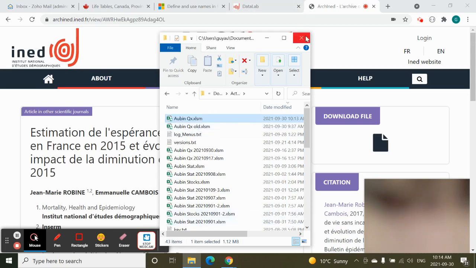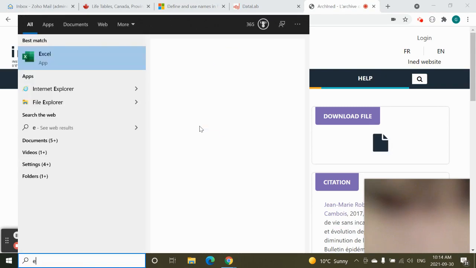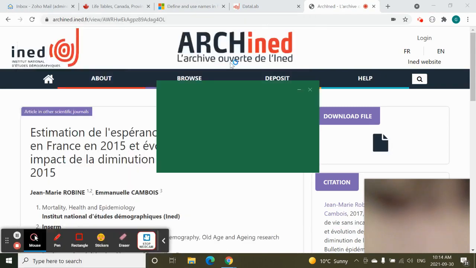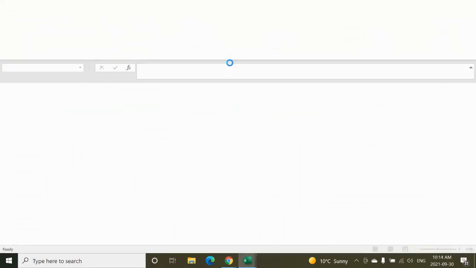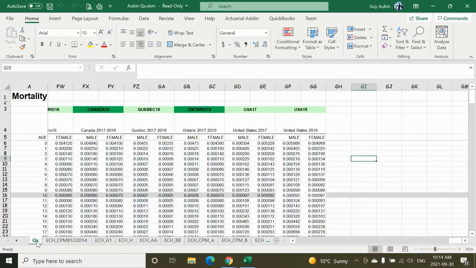And if I go back to Excel, if I go to my OpenQX workbook, I'll find my QX worksheet, and my USA 19 table that I just added is here and would be available to use. Like